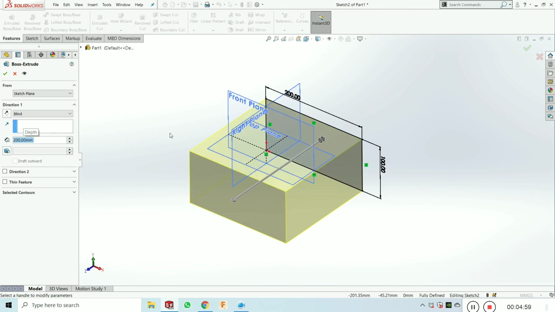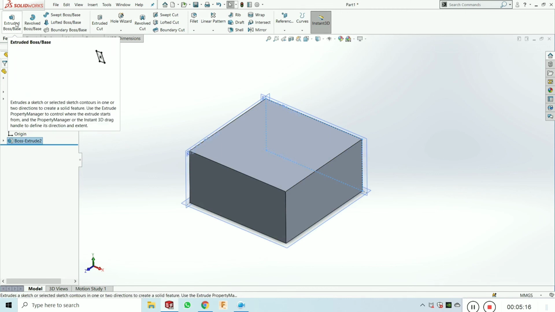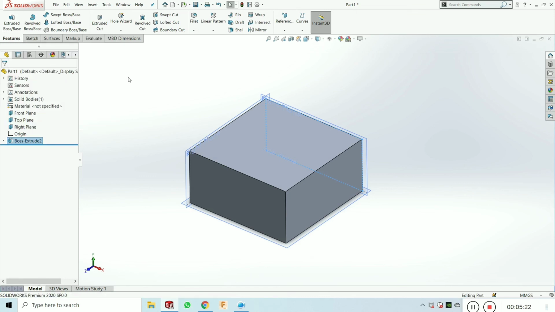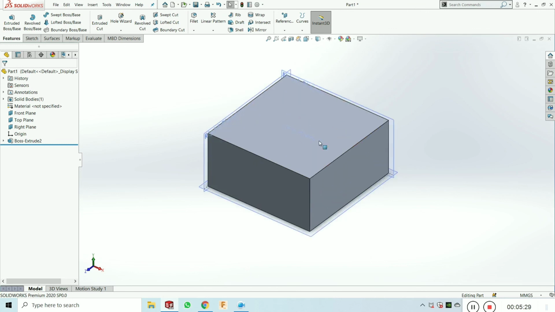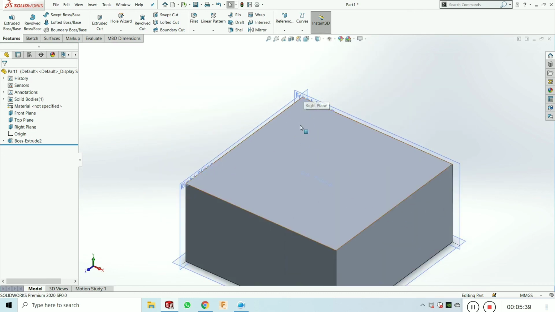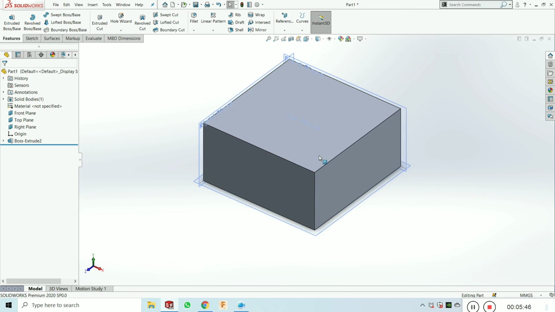So this one is the first extrude boss tutorial in this complete course. In the complete course we will define and explain each and every part of the tools which are here. You can see we have completed the extrude boss tutorial, one feature of the extrude boss tool. Let's see what happened after using the extrude boss. It's a very simple and easy tutorial. If you are new to SolidWorks, it is not necessary to have any previous knowledge of any software. It is very easy to operate and handle SolidWorks, for any part modification and assembly.